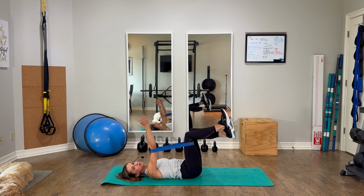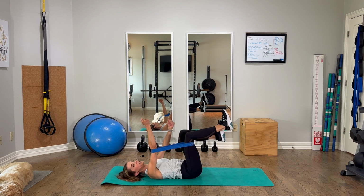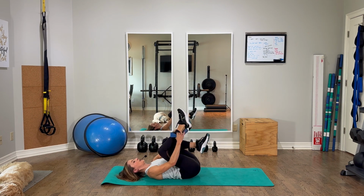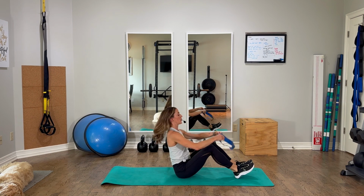Okay, I'm talking and I'm losing track of my arm. My arm's getting pulled forward. So if that's happening to you, make sure you reset. And, whoo, okay. Taking a break from that one, remove the band, and then we'll go into our little lean